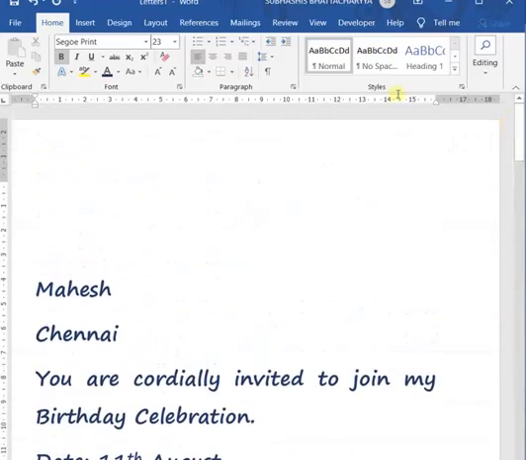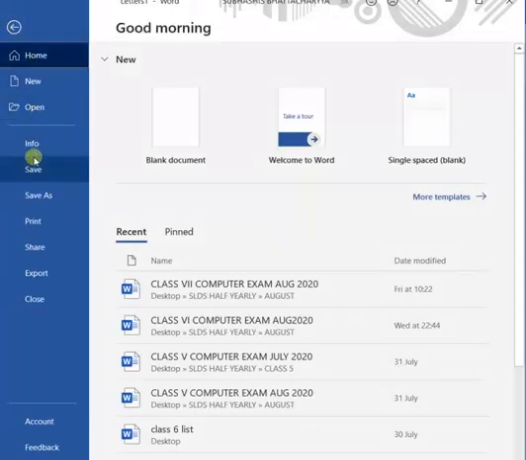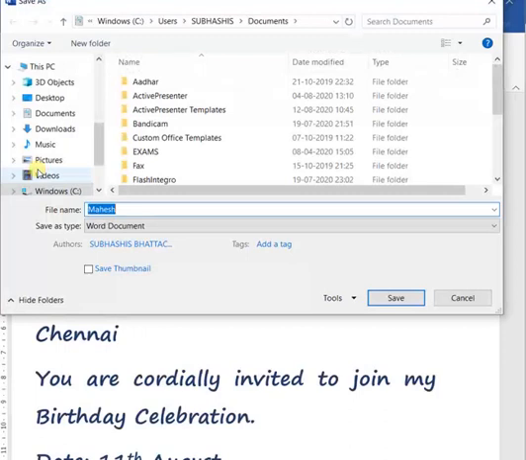Now we can save it. Click on file, then click on save. You can give a file name.